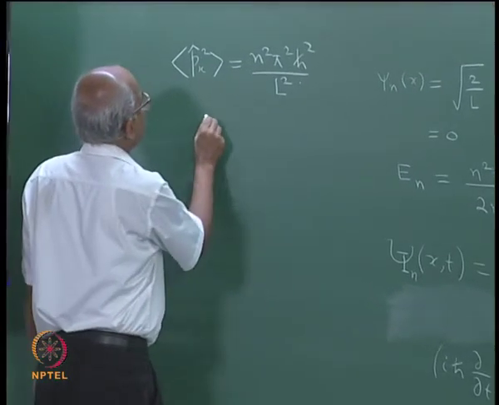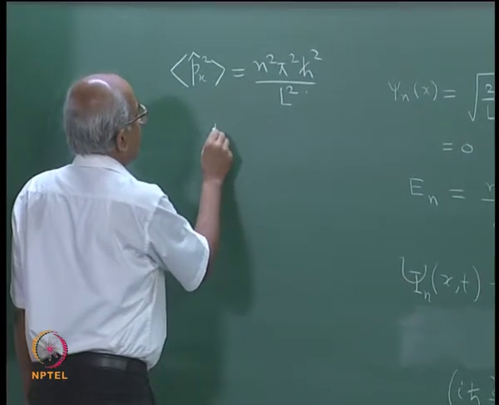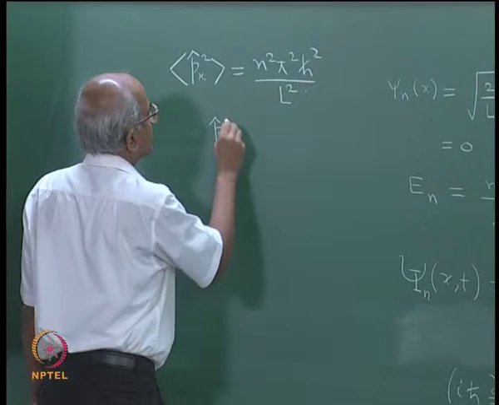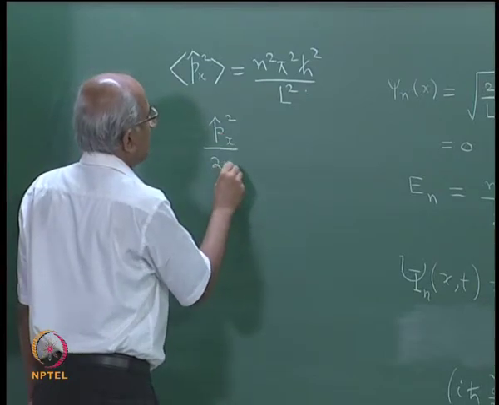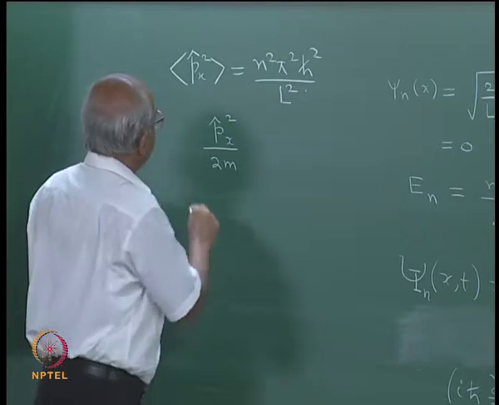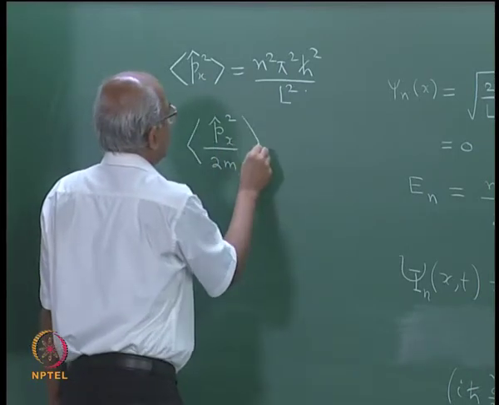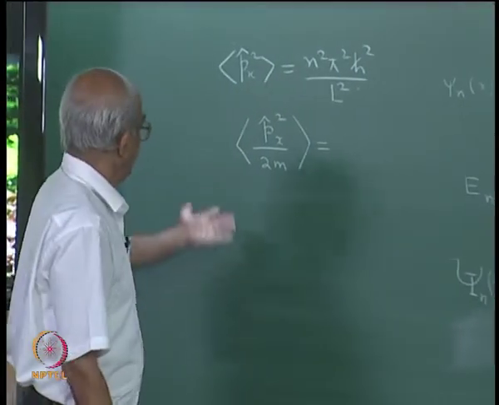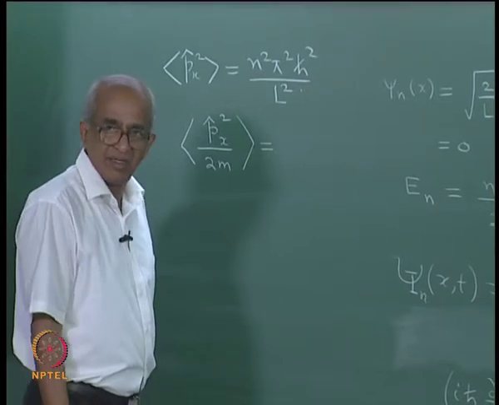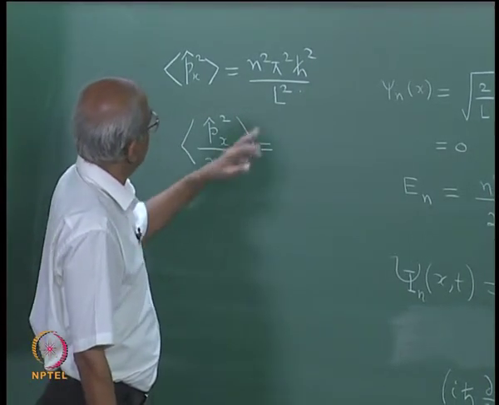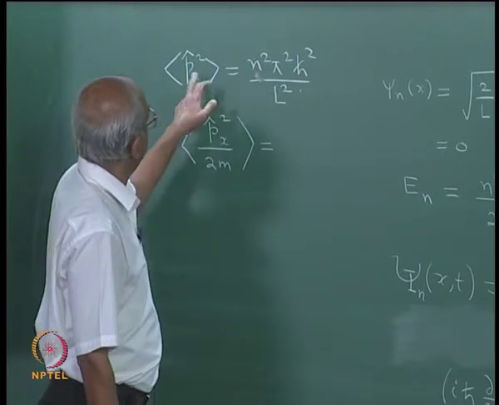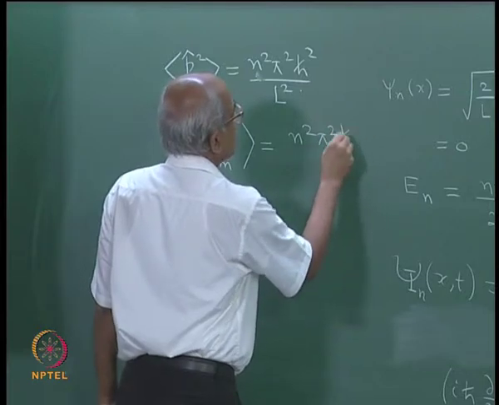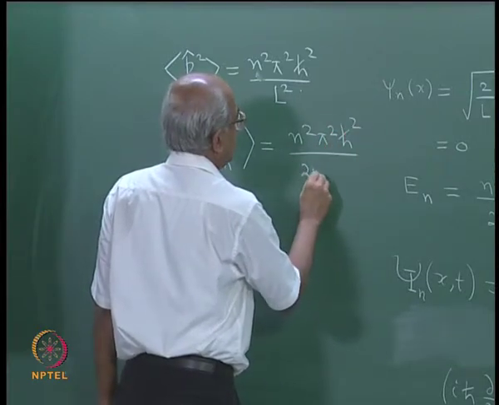Now, it is simply straightforward to calculate the average value of kinetic energy, right. What is the kinetic energy operator? It is going to be Px square divided by 2m. This is the kinetic energy operator. So, if you wanted to calculate the average value of this, well, you see 1 by 2m is just a constant. So, you will have the average value of Px square by 2m, and we have already calculated the average value of Px square. It is going to be n square pi square h cross square divided by 2m L square,